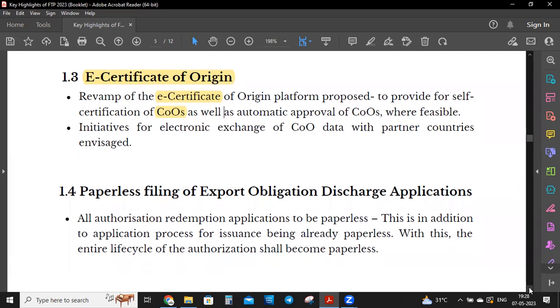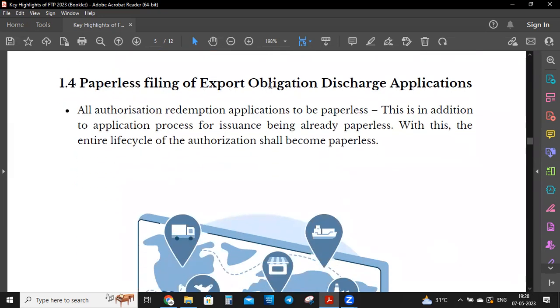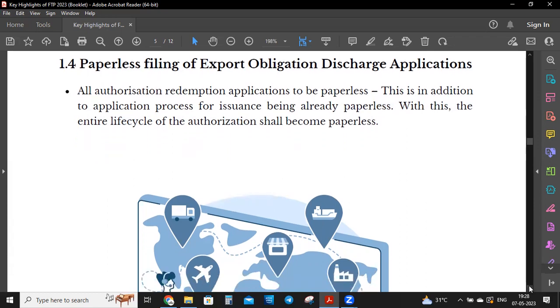बट अब जो है ये ई सर्टिफिकेट ऑफ ओरिजिन हैज कम इन फोर्स। ओके, paperless filing of export obligation discharge application, so all authorization redemption application to be paperless। अब जो है जितने भी ये सब जो काम है that will be paperless, and this is in addition to application process for issuance being already paperless। With this the entire life cycle of the authorization shall become paperless, so they are moving towards the paperless work।